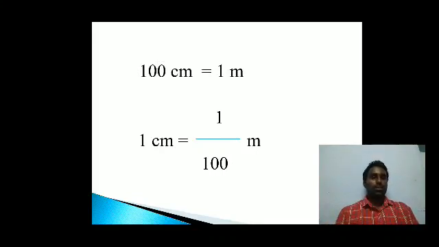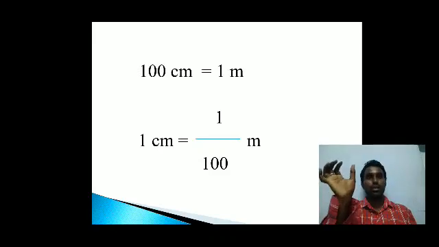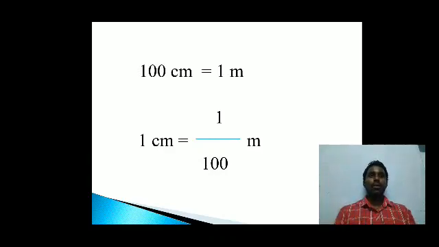If you are converting a large unit into a small unit, it comes directly. Large scale means meter, small scale means centimeter. So 1 meter equals 100 centimeter. But if we are converting small unit to large unit, it will come as 1 by 100, 1 by 1000, this kind, so that time it will be division. So 1 by 100 meter.